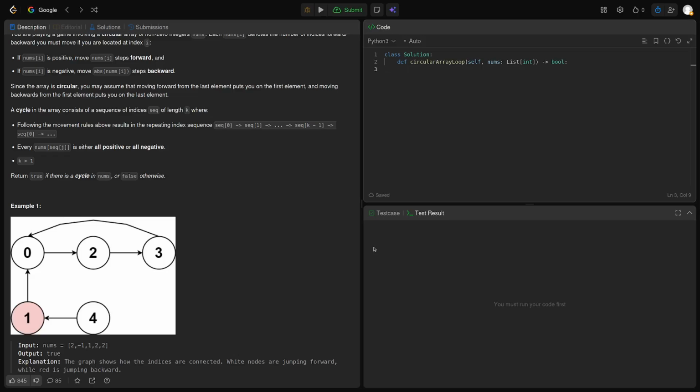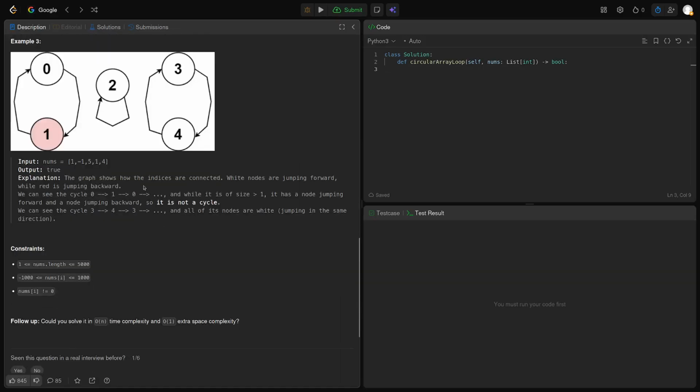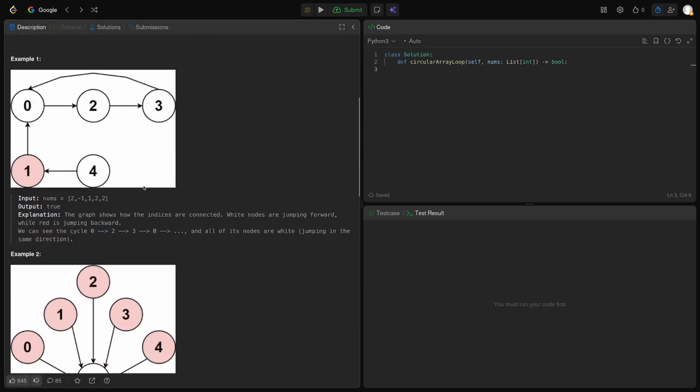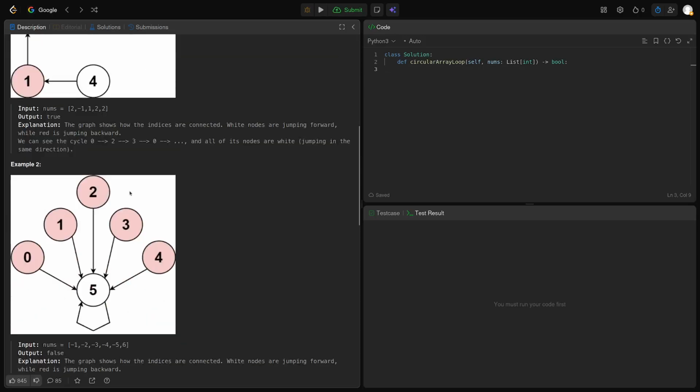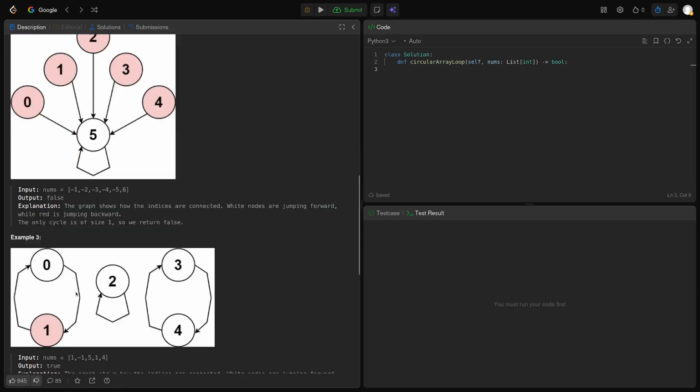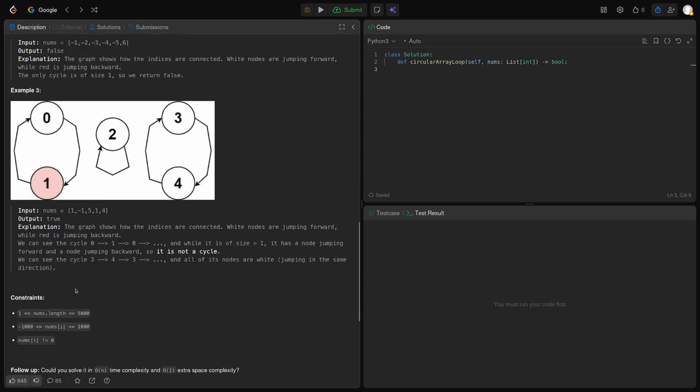Let's try to imagine, well, if that would go there and that goes there, then we do have a cycle. But does there always have to be a cycle? Okay, that's the question. So I guess nums is not 0. Length of cycle has to be over 1. So my question is,